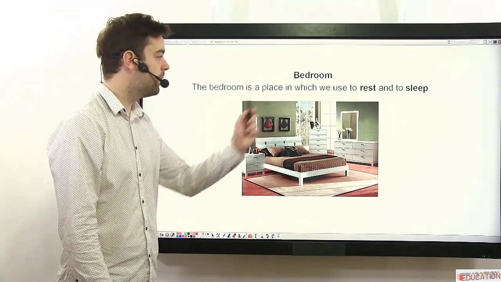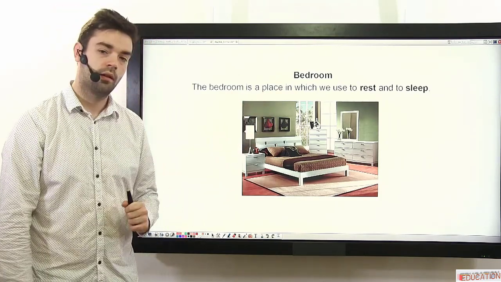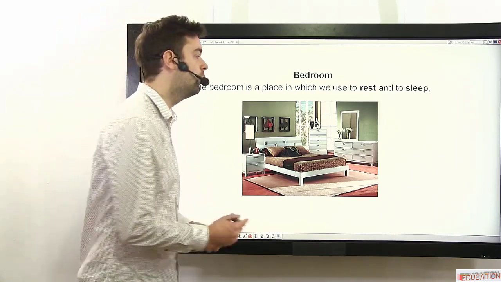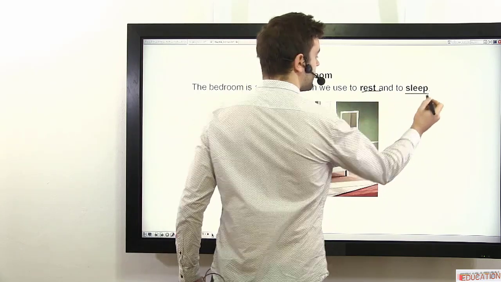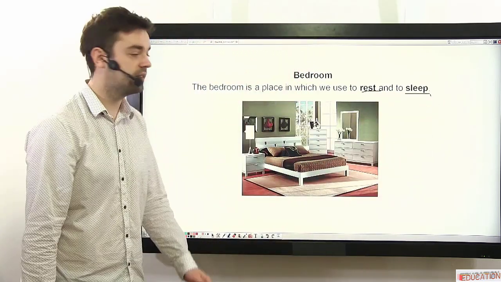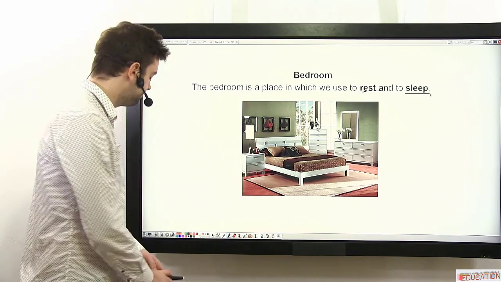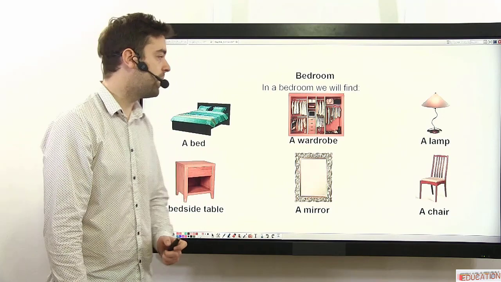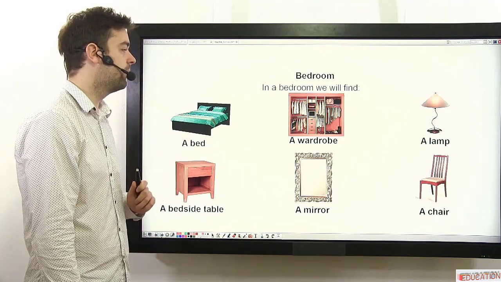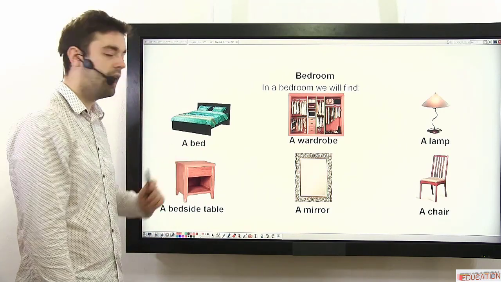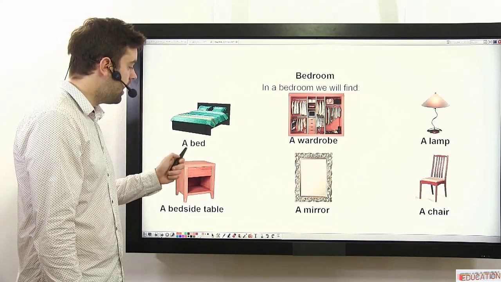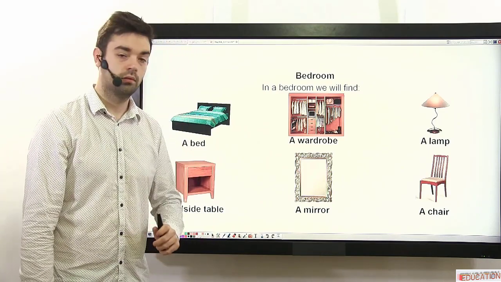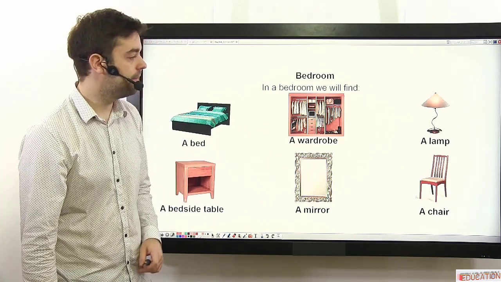Let's take a look at the bedroom. The bedroom is a place in which we rest and sleep. In the bedroom, we will find a bed, a wardrobe,